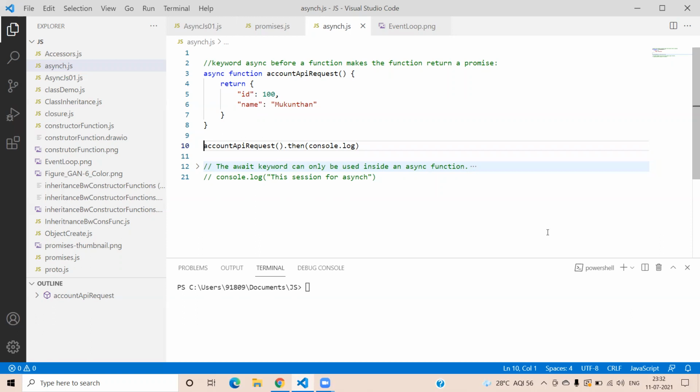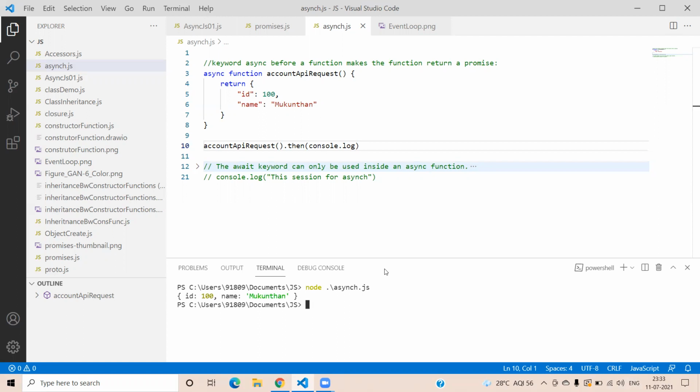But by seeing the function, you can clearly understand we are nowhere making a promise object here. Since we have added the async keyword in front of the function, that will make sure that it is returning a promise and the resolved value will be your returned value. Let's execute and understand this one. See, you can clearly get the resolved value by using the then method and passing the callback function. So now we can understand that this async keyword will make the function return a promise, or make the returned value from that function a promise.